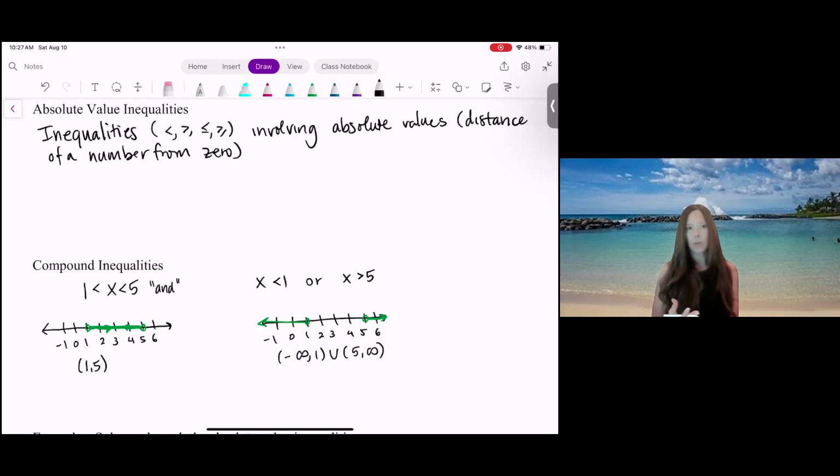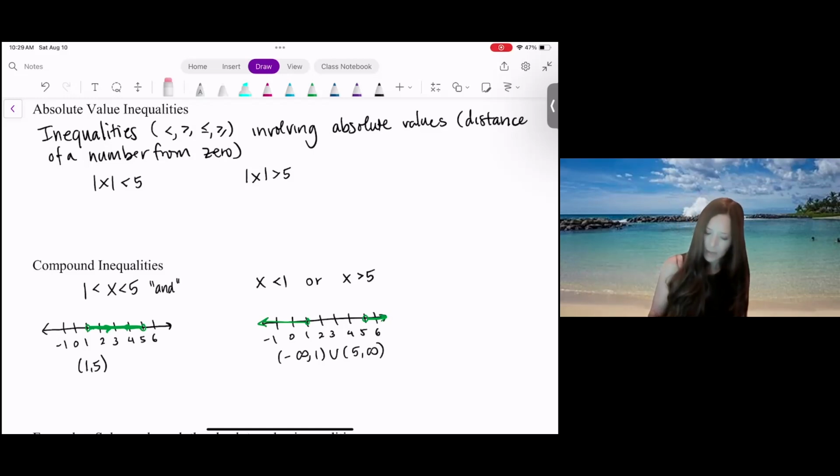We want to keep that in mind when we're solving our absolute value inequalities. The strategy is, and there's multiple ways that you can approach this, I'm going to show you the way that I prefer, but you might see another strategy in a different YouTube video. Let's say I have the absolute value of x is less than 5, and I have the absolute value of x is greater than 5. When you think about absolute value, the distance from the negative side and the distance from the positive side are both the same. So this is actually saying here